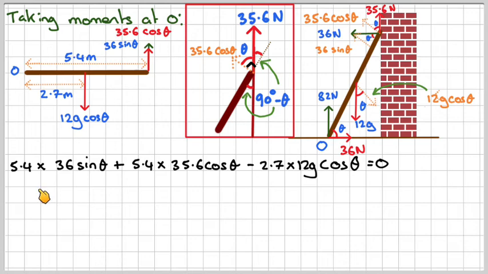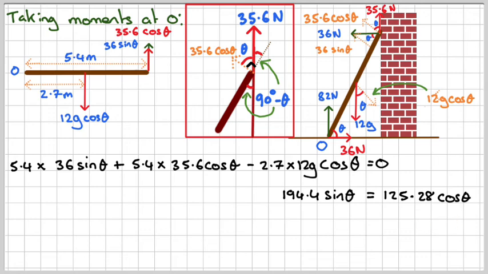So working out 5.4 times 36 will give me 194.4 sine theta. And then doing 5.4 times 35.6 minus 2.7 times 12g, taking g to be 9.8. And then taking it to the other side will give me